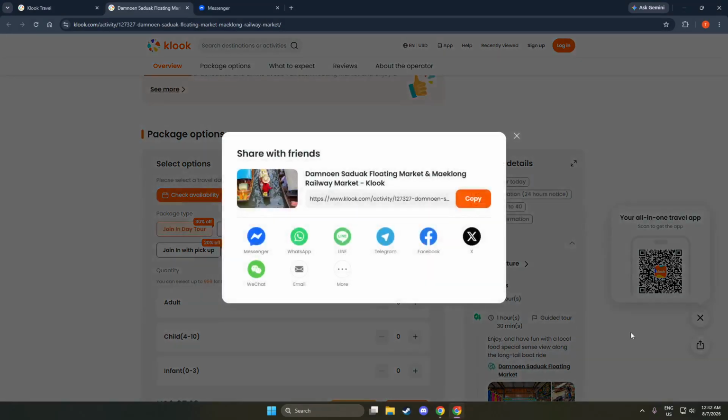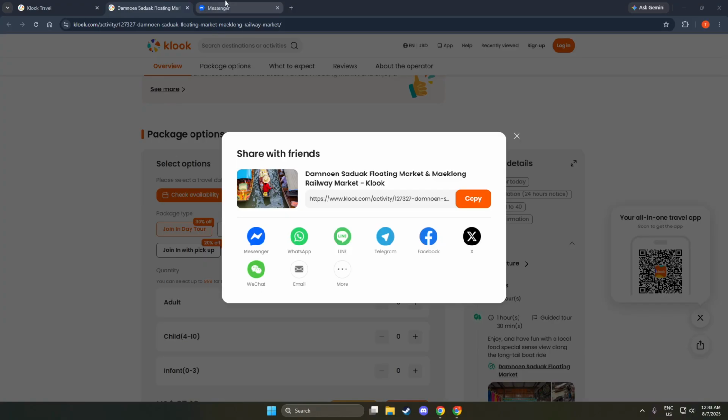If you selected copy link, paste it wherever you want to share it. On a phone, go into your chat, document, or note app, tap and hold in the text area until the paste option appears, then tap paste and send. On a computer, move to your email, message window, or document. Click into the text box and press Ctrl-V on Windows or Command-V on Mac to insert the link.